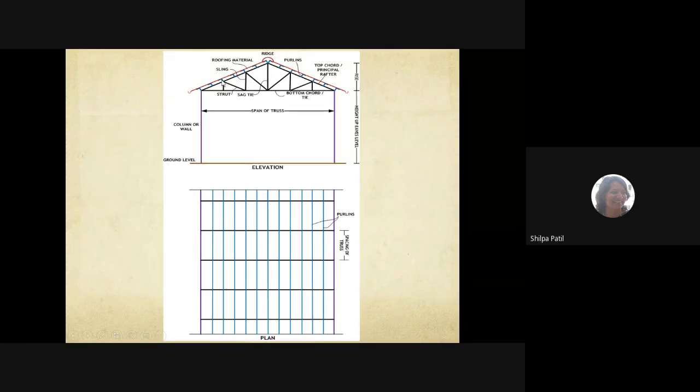Now, if I want this purlin and this purlin, I don't want this purlin, you have to adopt a specific spacing between the purlins. The spacing between the purlins is limited to 2 meters maximum. So, the length of the principal rafter should be 2 meters maximum. In this fashion, you have to decide the configuration of a truss.